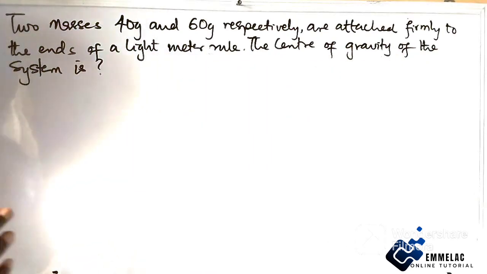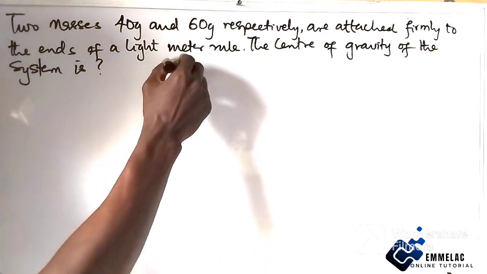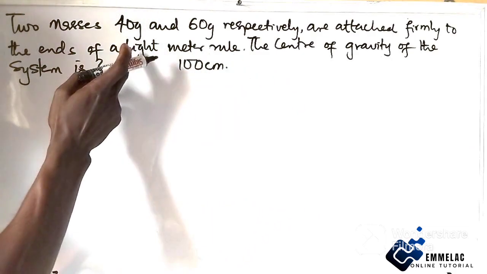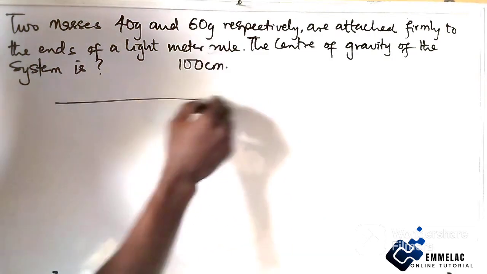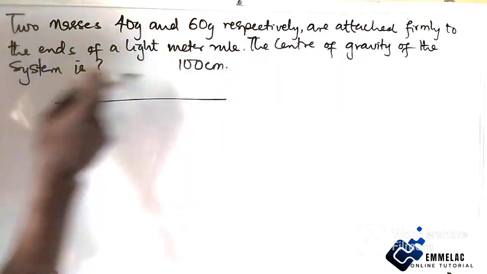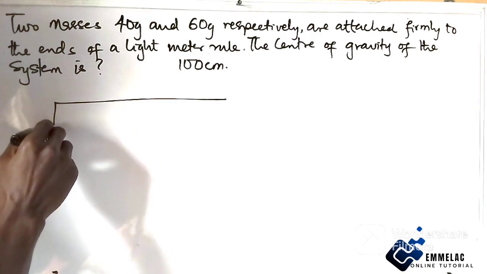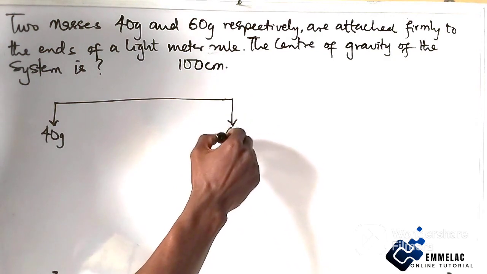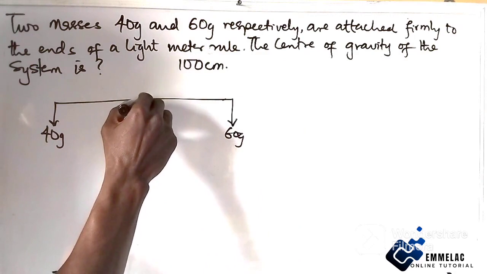Now let us take note of this, that a meter rule is actually 100 centimeter, right? Take note that it's actually not given, but this is the standard. So a meter rule is given as this. Now two masses attached firmly to the ends, so here we have 40 gram and this end here we have 60 gram. Now the center of gravity, which means